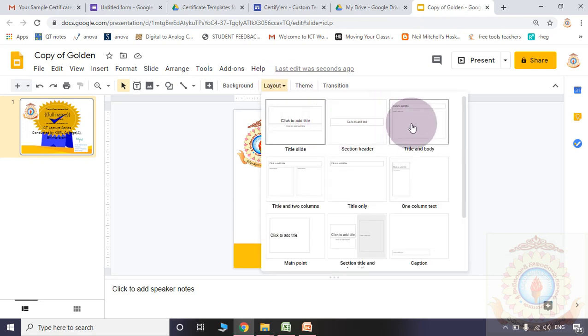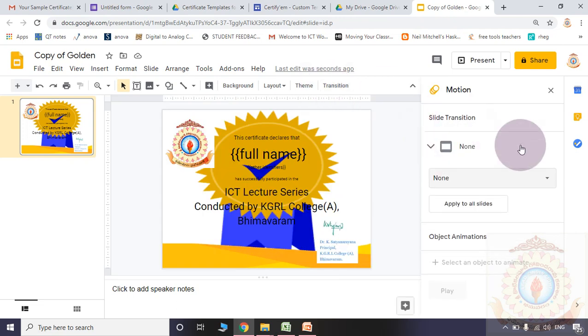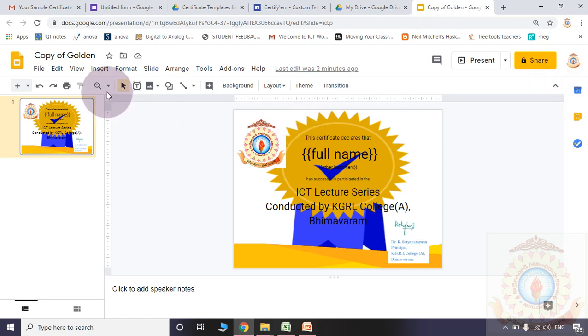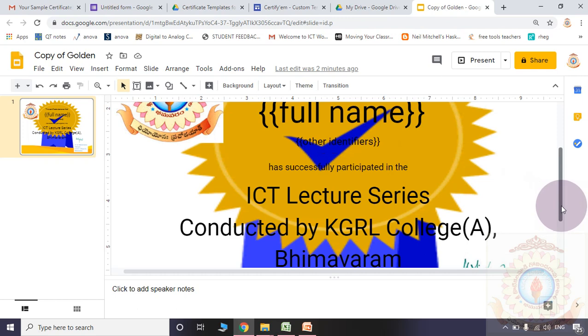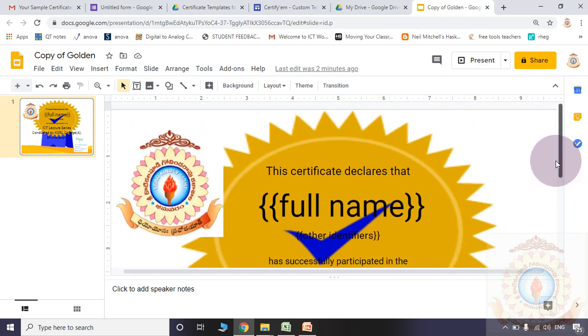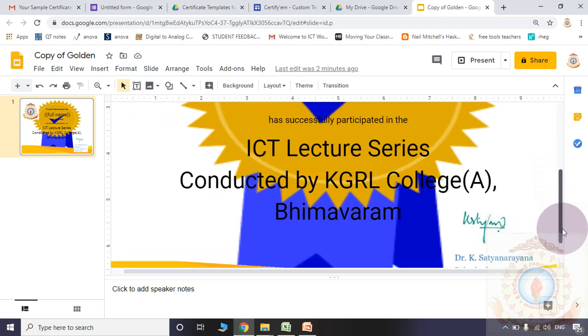If you want to change the complete layout, then you may change this layout. Here it will show the animations for these slides basically. If you want to zoom it, whenever you are designing something, in this way you may clearly observe each and every character.